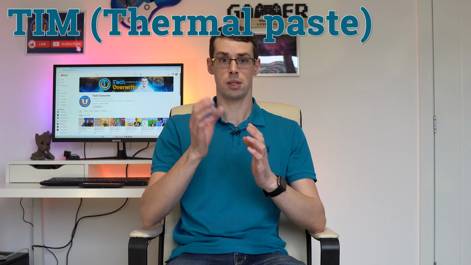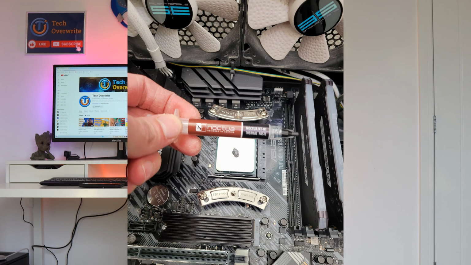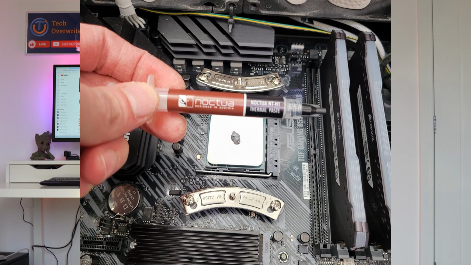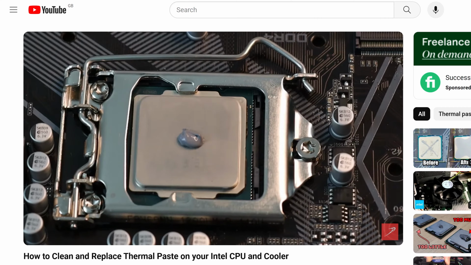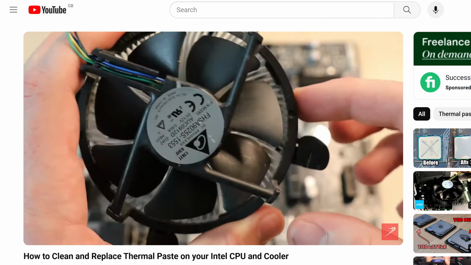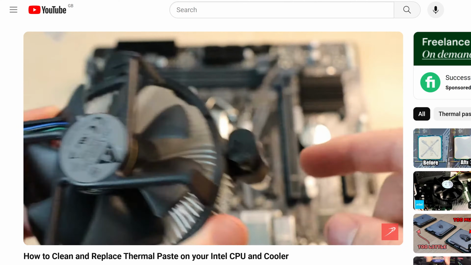Equally, if your computer is 7 or 8 years old, you might need to replace the TIM on your CPU. This isn't a simple job because you have to actually remove the CPU cooler, clean out the old TIM, and then reapply the new one. But I'll drop some links in the description that show how to do this if you're experienced enough to attempt this. Getting new TIM and improving your case fan configuration can really help to cool your PC, driving up system